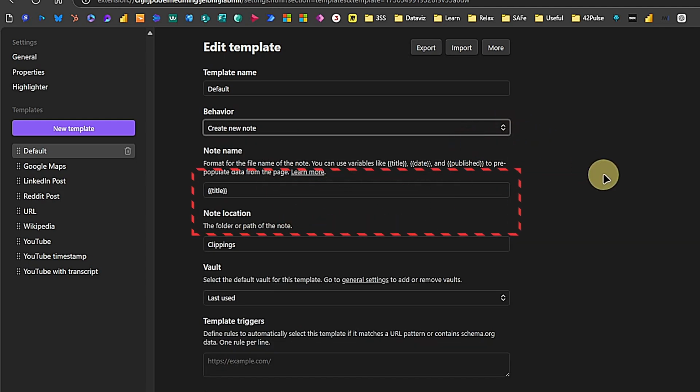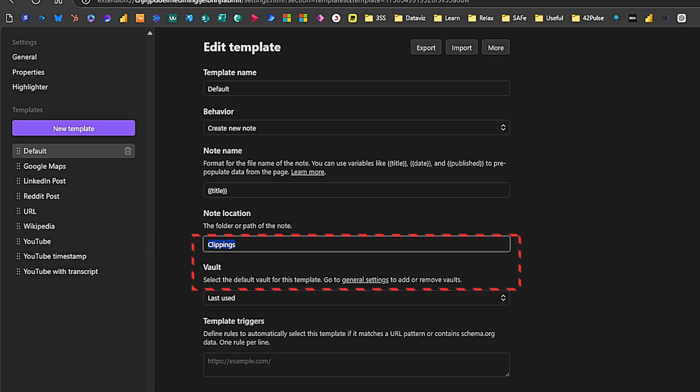For defining a node name, we can use variables. We will see those in more detail when we look at custom templates. For now, we just use the title variable using the web page's title as our node name. Under node location, we can define the target folder inside our vault. In my case, that's 00